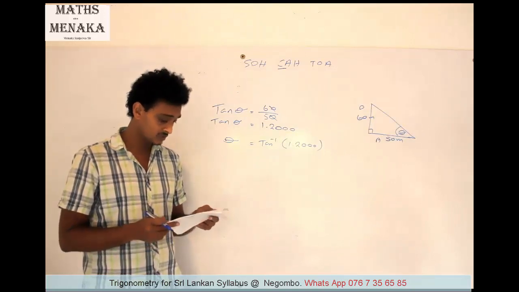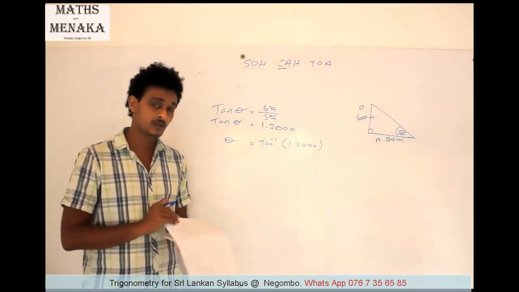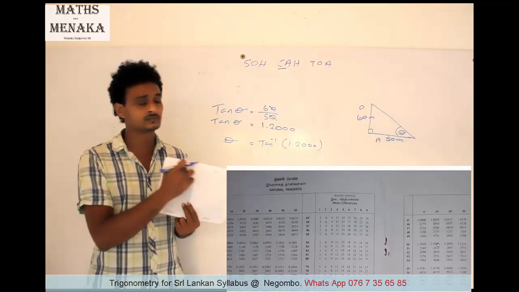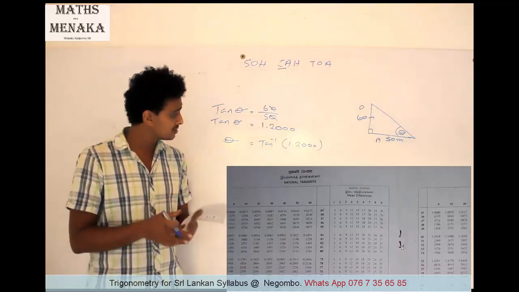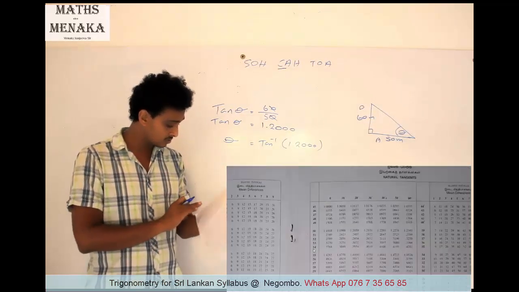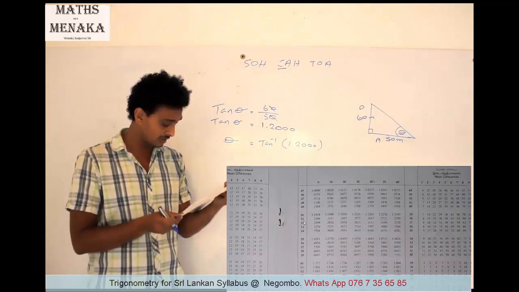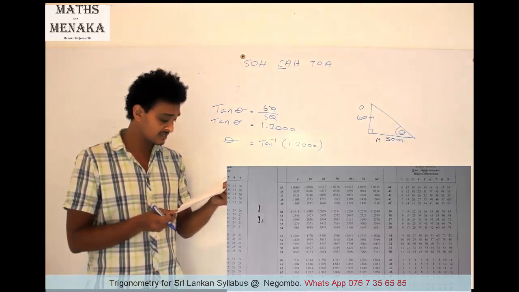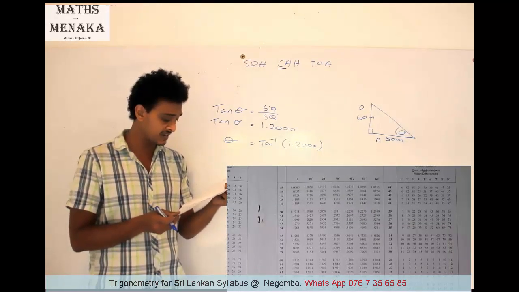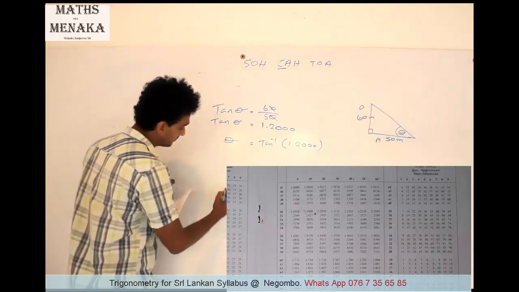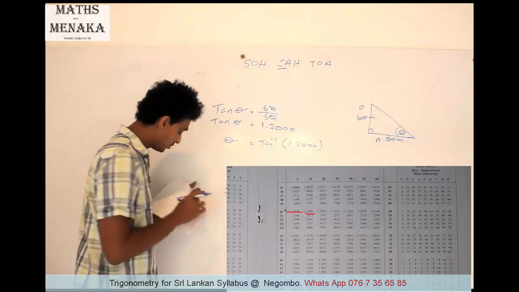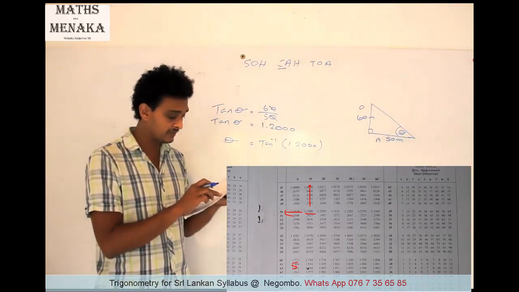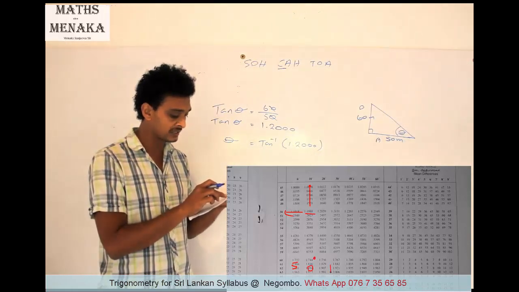Write down 1.2000. You have to go to natural tan, and use the right hand side column and the top bar. 1.2, second page. You have to get a less value. There is 1.1988, so 50 degrees and 10 minutes. You need 12 more. Find the 12 in the mean difference. There is 14 and 22. Get the nearest value, 14.